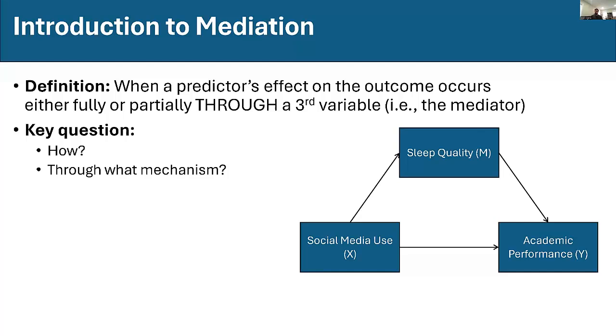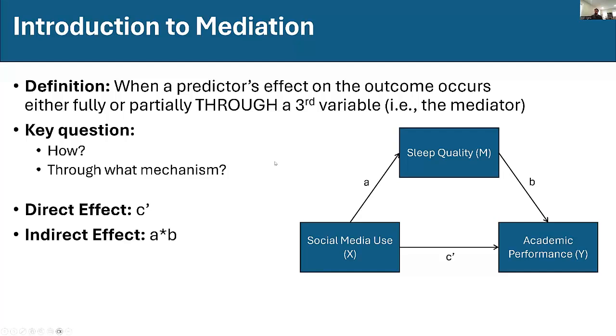So here, we're going to look at a few different effects, looking at this example of social media use influencing academic performance. We have our C prime, which is our direct effect of social media use on academic performance, our A path, which is social media use's influence on sleep quality, and our B path, sleep quality's influence on academic performance,